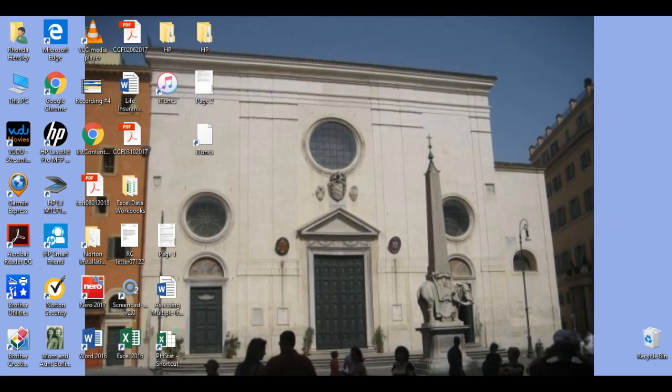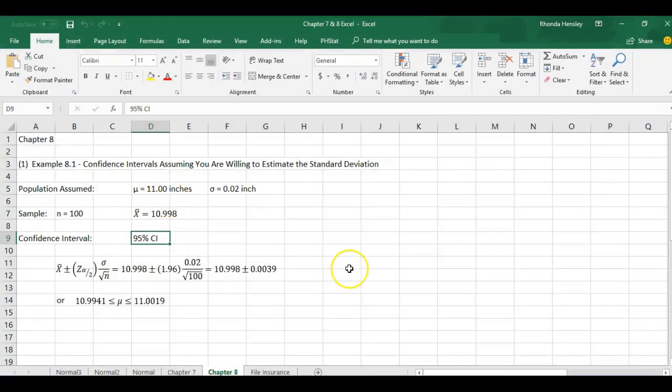So let me explain, maybe with an Excel spreadsheet, what's going on here. This is the first example in the book, example 8.1. Basically, we can do confidence interval estimates for any measure in a population. But in this chapter, he does means and proportions, which are the center lines. And so for our mean,